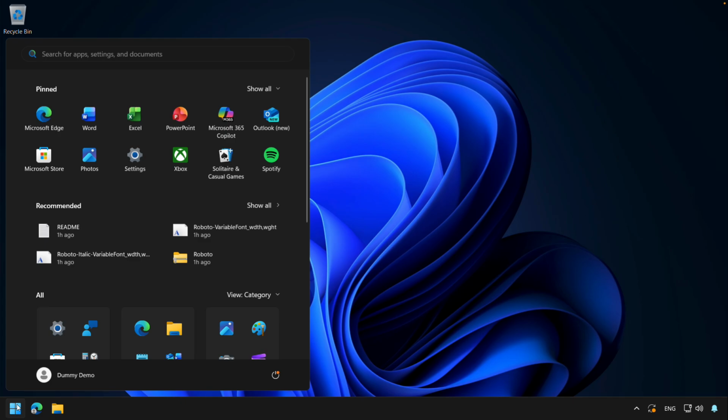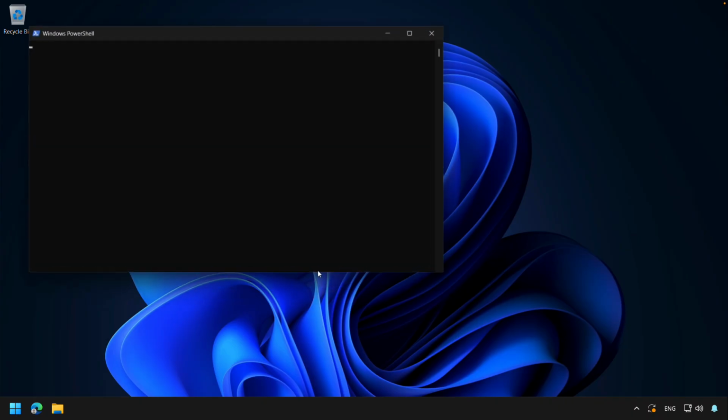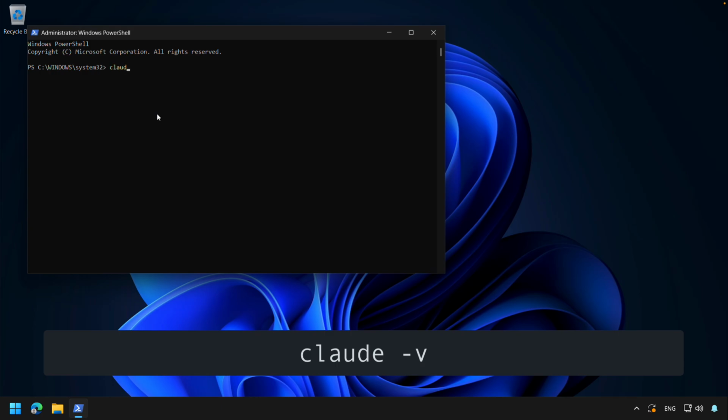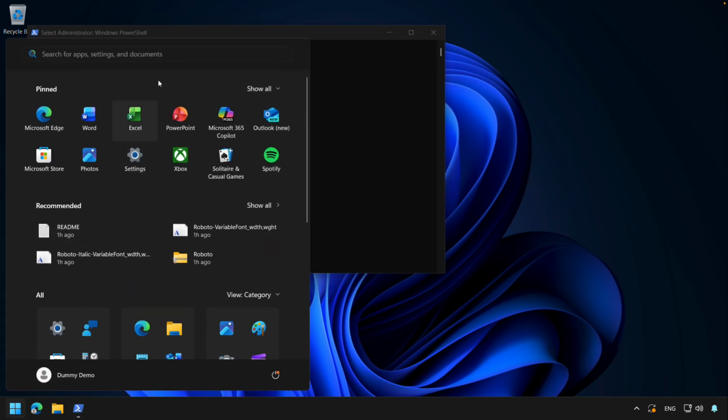Open the Windows menu and search for PowerShell and run it as administrator. Say yes, and here you can confirm if the Claude Code is installed using claude -v, which will display the Claude Code version. So if I have to completely uninstall, I may not be able to find that application here